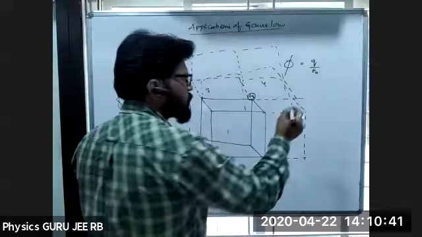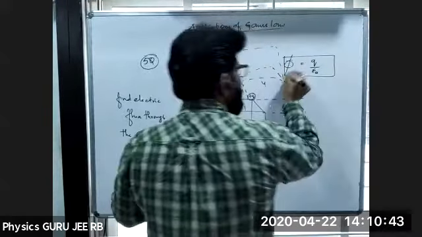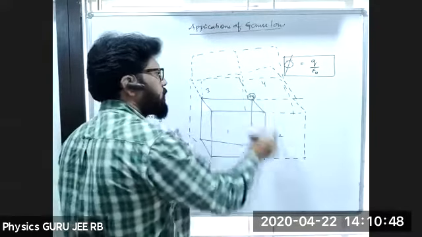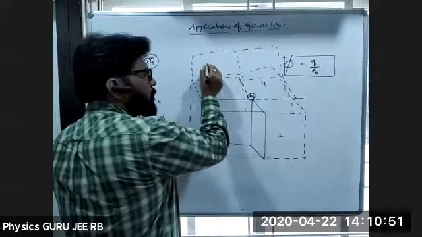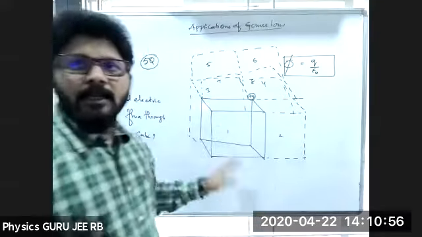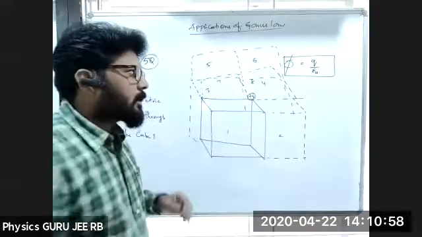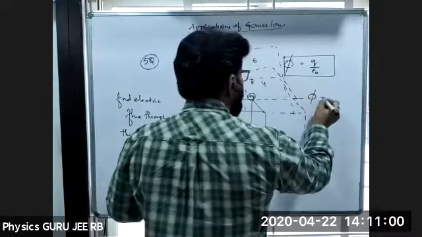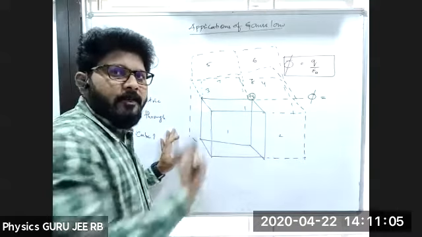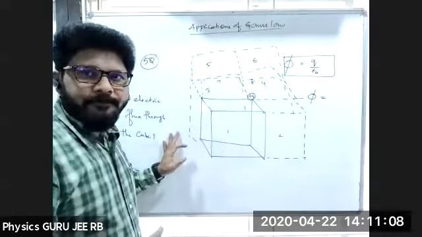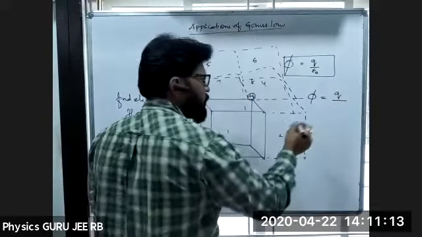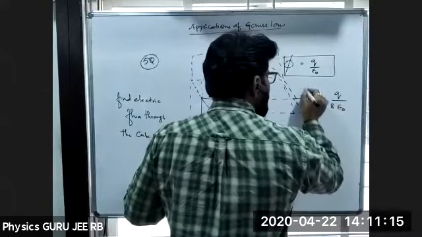So now the flux through the complete surface is Q by epsilon naught. How many cubes are there? 1, 2, 3, 4. Upper part here 5, 6, 7, and 8. Total 8 cubes are there. So I can write phi equals, of course the diagram is not clear enough to show the three-dimensional figure, front and back and top, fine. So phi equals, for 1 cube, Q by 8 epsilon naught.